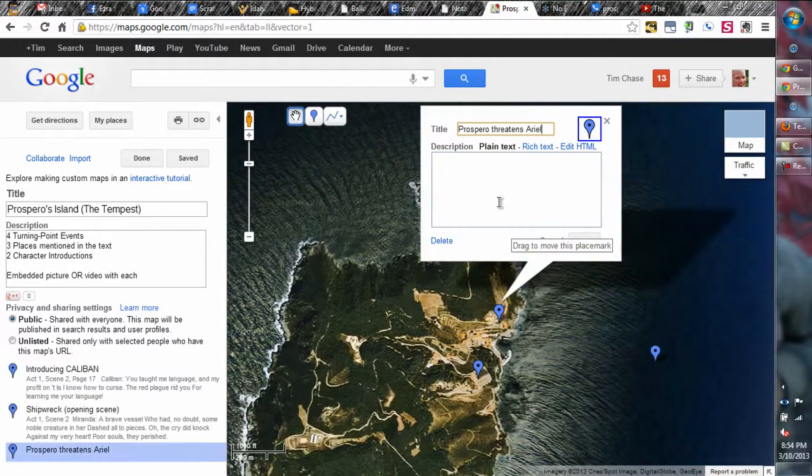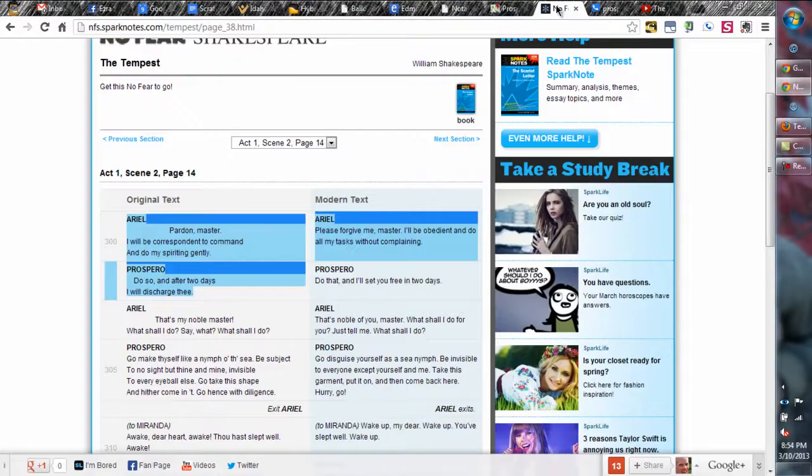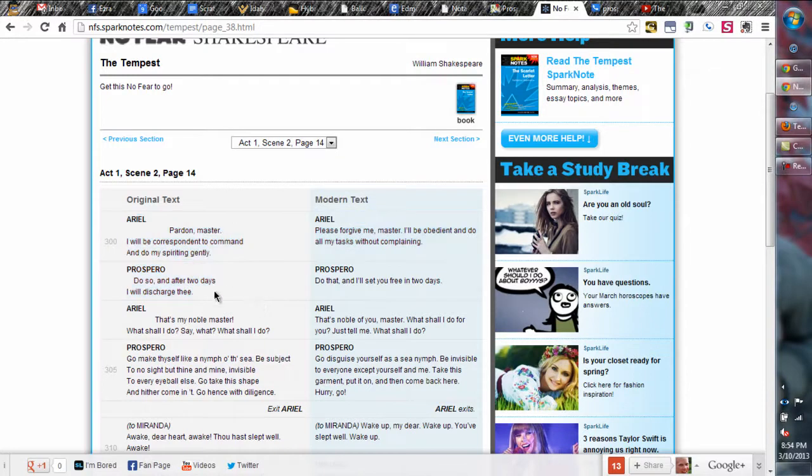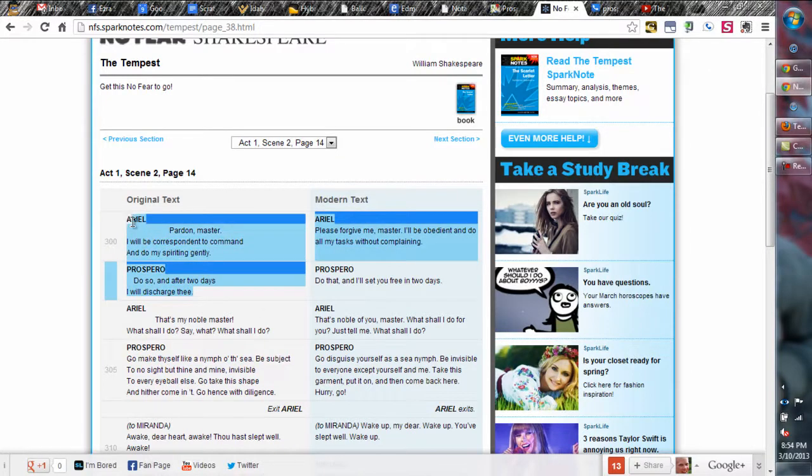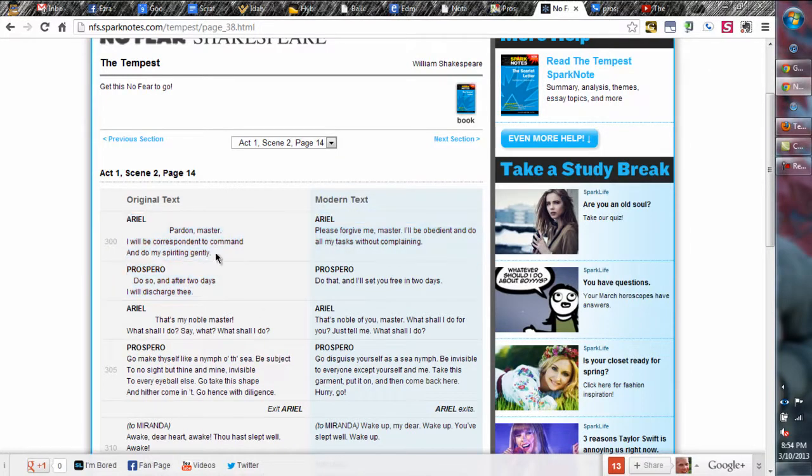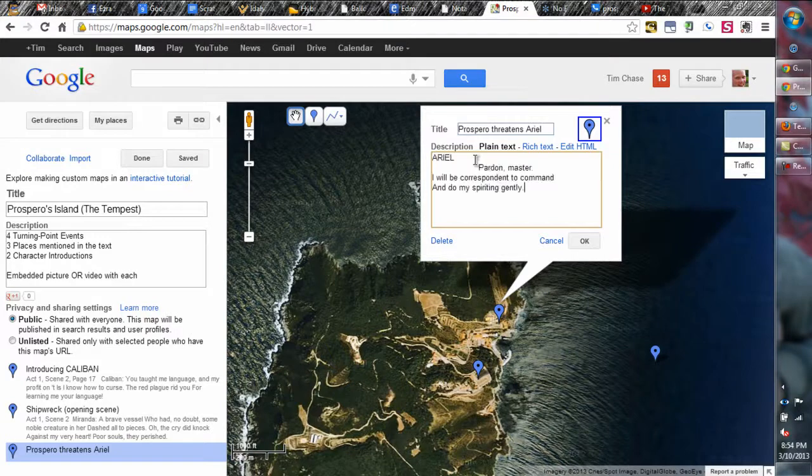I've added a couple more place marks. Here's where Prospero and Ariel are talking. And I found that it would have gotten the modern text column if I had done it both of those sequences. So I just got the Ariel quote, pasted that in,